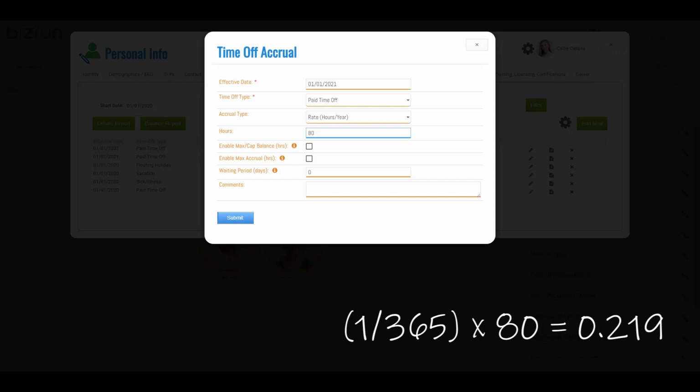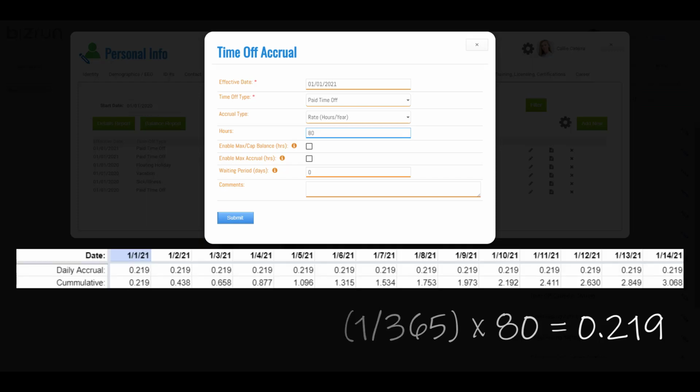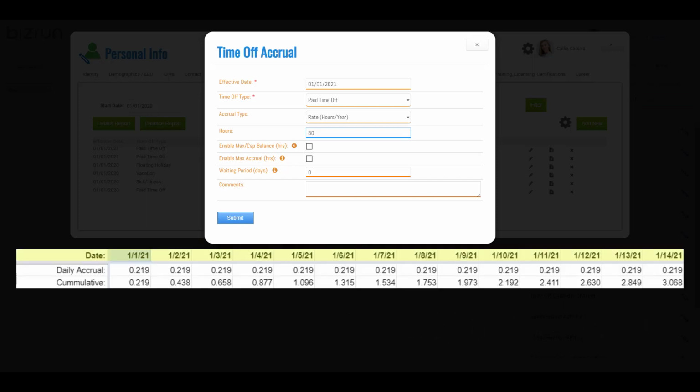To help you visualize this, let's take a look at a spreadsheet. The first row in the spreadsheet are column headings that list every single day in 2021. The second row shows the daily accrual of 0.219 hours. The third row shows the cumulative, or the sum of the hours, at the end of the day. You can see that on January 1st, Callie earned 0.219 hours. Since she started off with nothing at the beginning of the day, her total at the end of the day